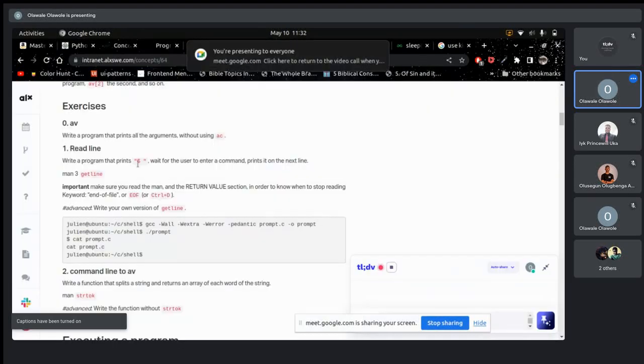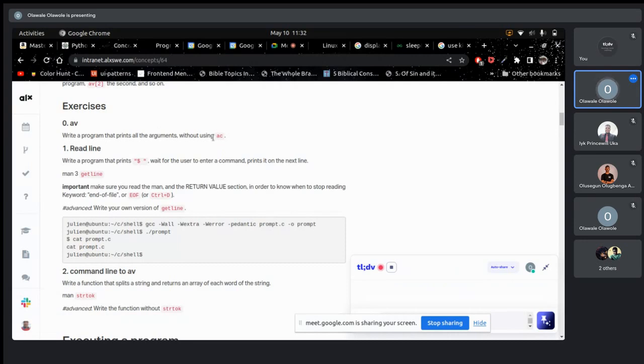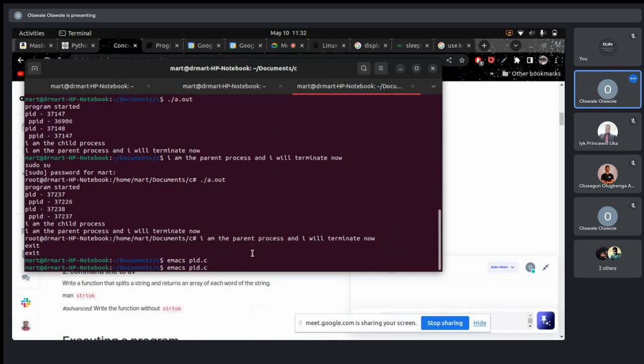Print all arguments without using AC. So normally, whenever you want to write a program in the main,